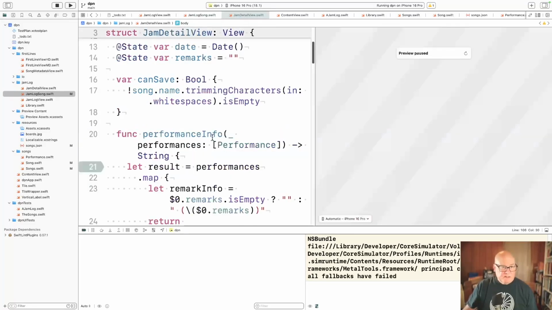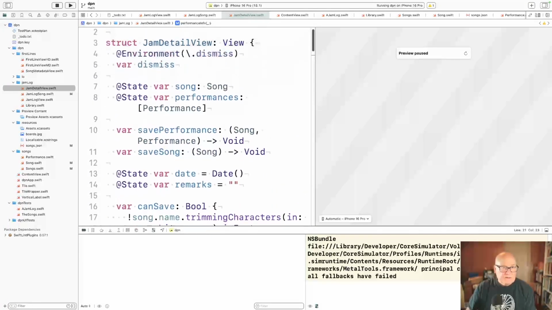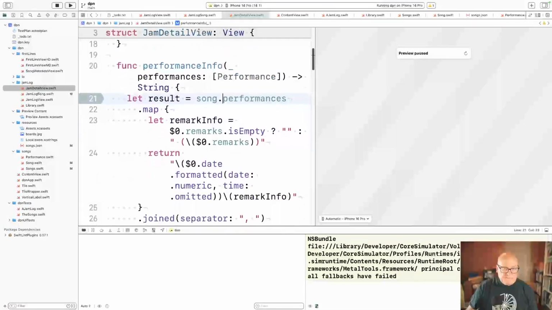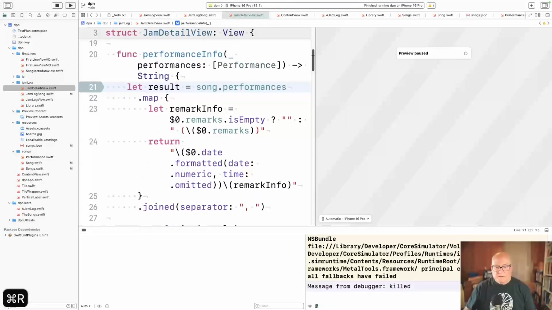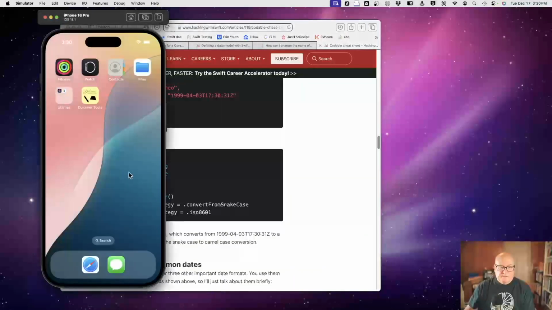And then Jam detail view performances. Let's just do song.performances, right? Okay. So I think we should see the same. We should see all the performances now, but only from the one view.